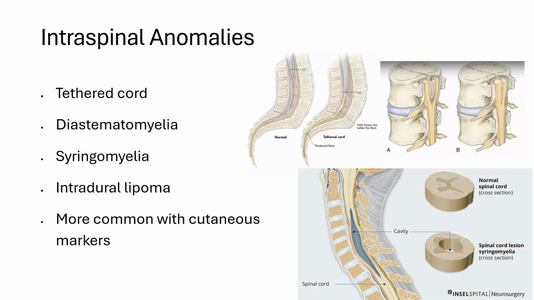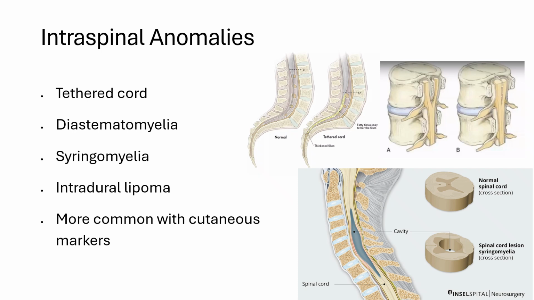Intraspinal anomalies represent hidden abnormalities within the spinal canal that can significantly complicate the management of congenital spinal deformities. Understanding these conditions becomes crucial because they often influence surgical planning and can cause neurological deterioration if not recognized and addressed appropriately. Tethered cord occurs when the spinal cord becomes abnormally attached to surrounding structures, preventing normal movement during growth